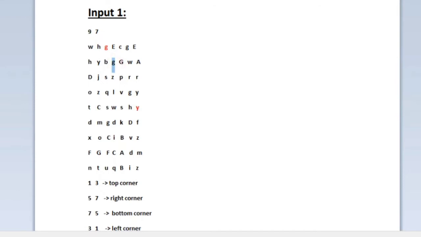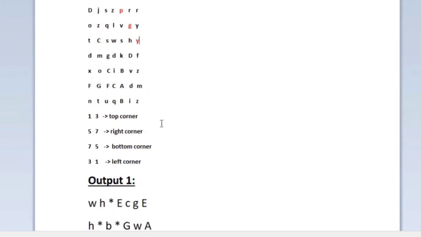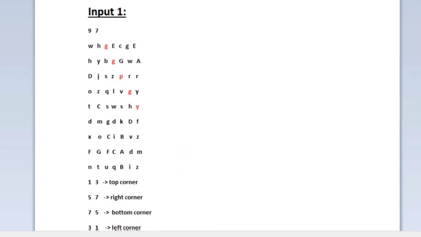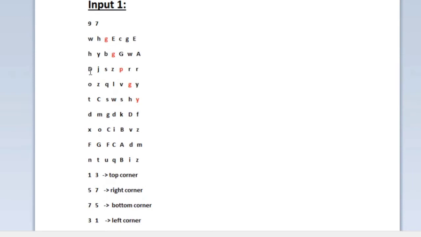The borders are present at the next row, next column. So we highlight all the characters present at the next row and next column until we reach the right corner.